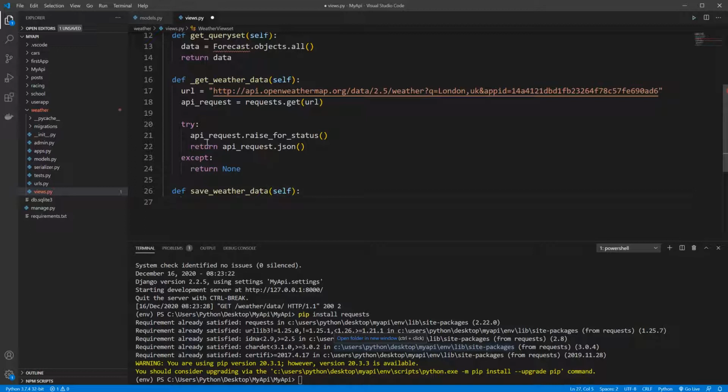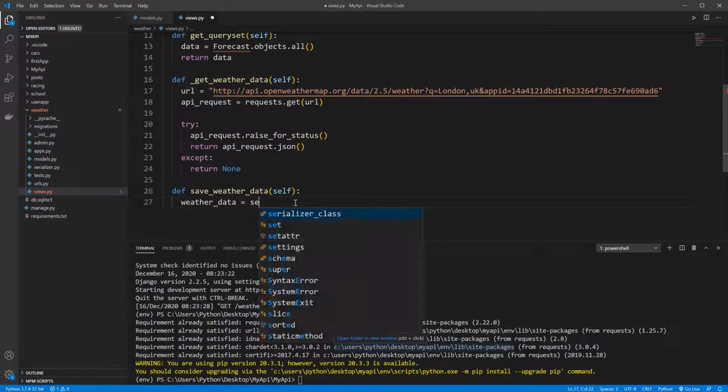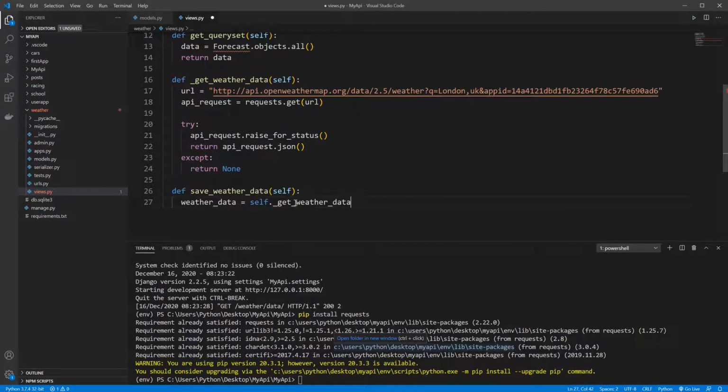Inside this method we will say, for example, weather data equals, we will call the private function get weather data, and then we will check if the response is not None. So if weather data is not None,